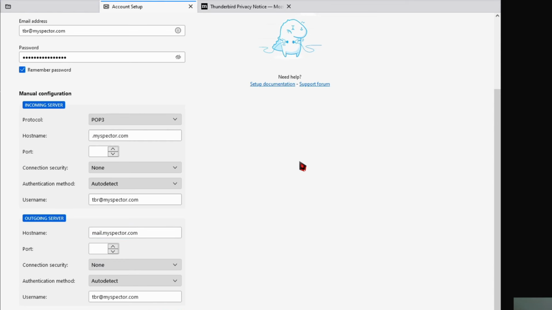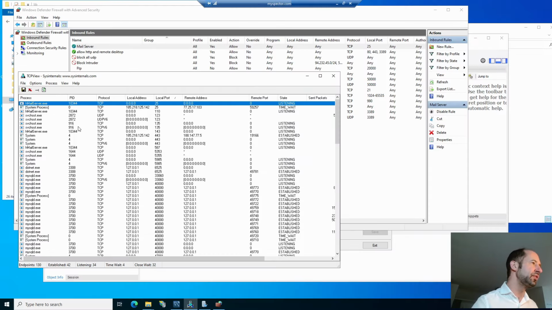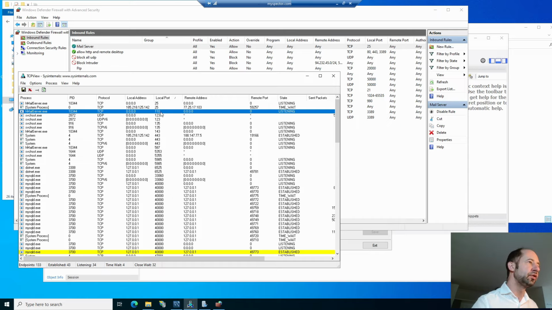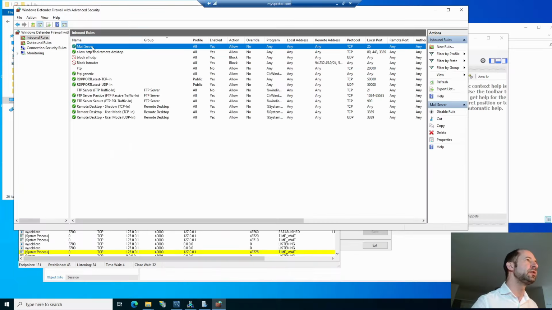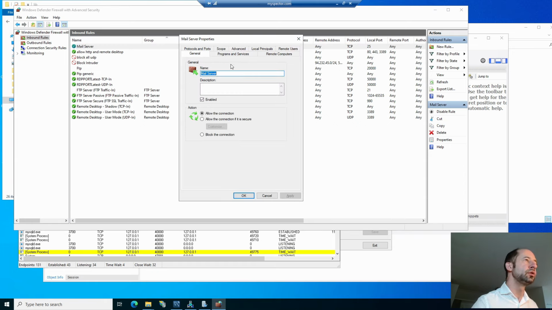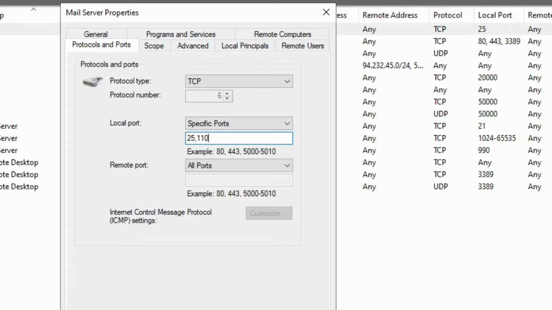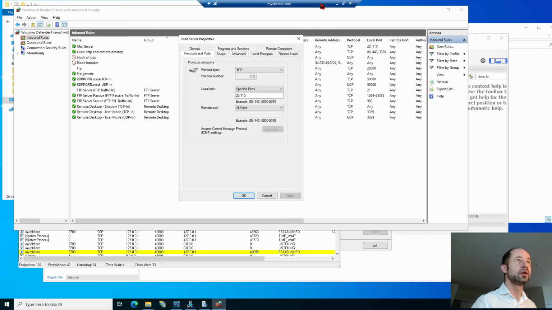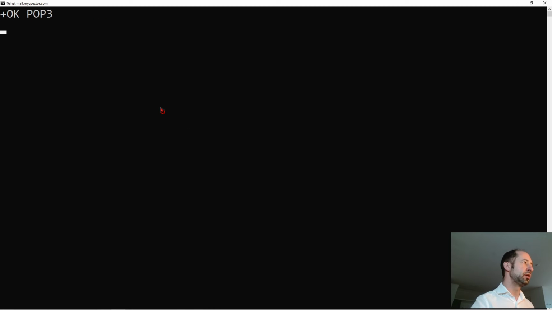So in fact, if I want to check my emails, I need to connect to the POP3 server. The POP3 server is on the TCP port 1110. So I come back to my firewall rule port and I add the 1110. Apply. 1110. Okay, POP3.